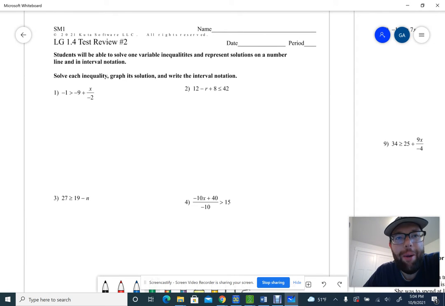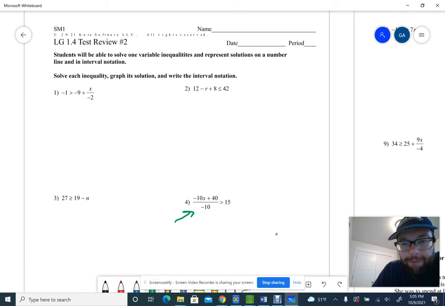So remember, guys, one other thing I didn't talk about up there is if you ever multiply or divide by a negative number, you get the warning telling you need to flip the sign, right? So let's go through this as quickly as I can so I don't take all your time, right? So this is a two-step on number one, right? We always get rid of what's adding and subtracting first, and then what's multiplying and dividing last, unless it's being